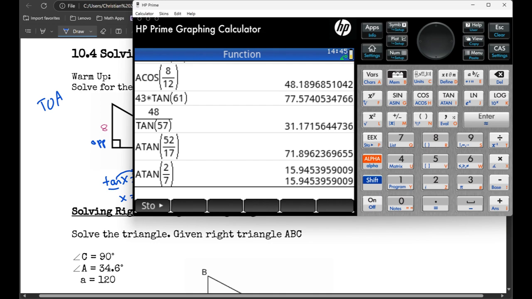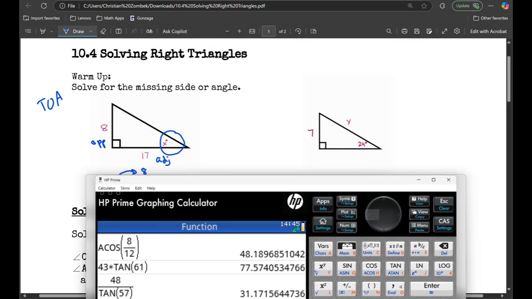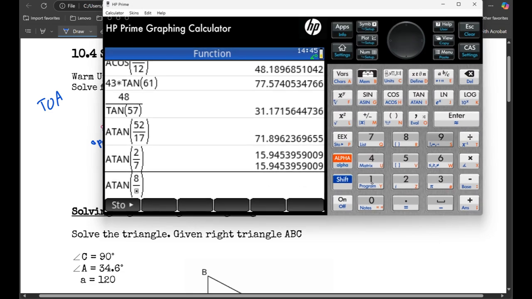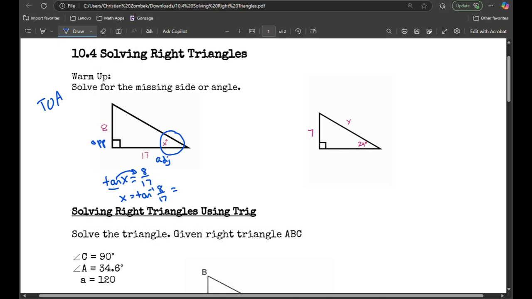Hopefully you guys can see the calculator on the screen. And we're going to go ahead and say shift tan for tan inverse of, let's see, what were the numbers again? Of 8 over 17. Hit enter. 25.20. Okay, so our missing angle is 25.20